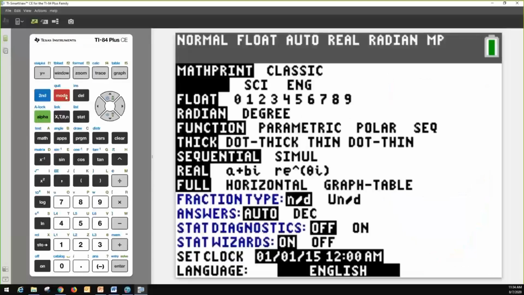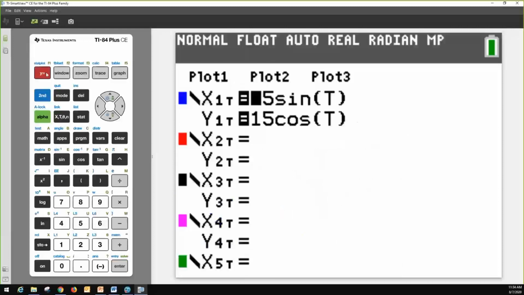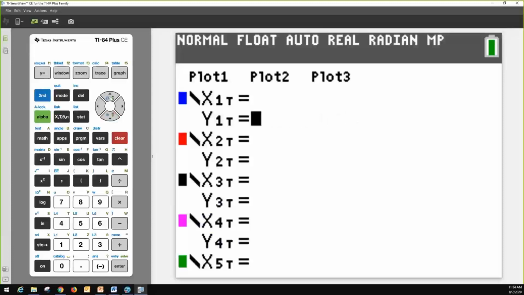I'm going to put my calculator in parametric mode. So at the moment it's in function mode. I'll go across to parametric. And I'm also in radians because the movements of block A and B are described in radians. I'll press y equals. I've got some equations in there already, so I'll just clear those off. And from memory, let's see if I can remember what my equations were. I believe that the equation in the x direction is 10 sine